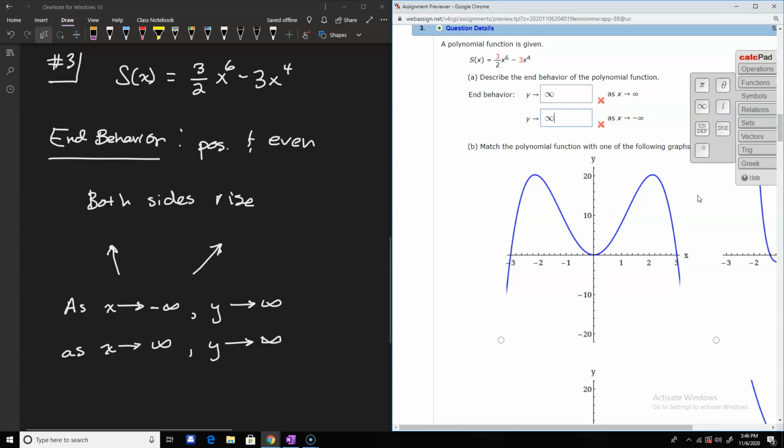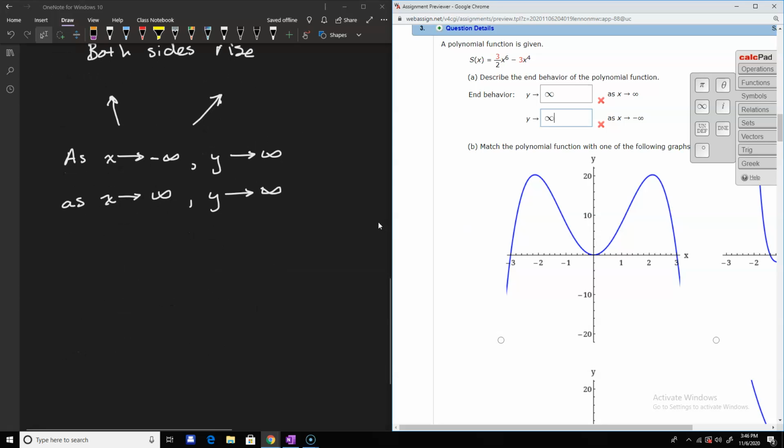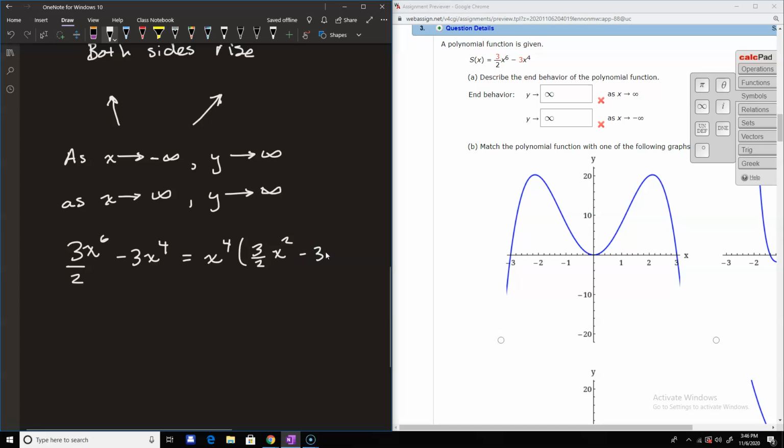And to figure out the graph, you could either use a graphing calculator or you could look at the intermediate behavior. So we know 3 over 2 x to the 6th minus 3 x to the 4th. What could we do? We could take out that x to the 4th, and we just have 3 over 2 x squared minus 3. So we're going to end up with 3 zeros here. So this can factor, well,